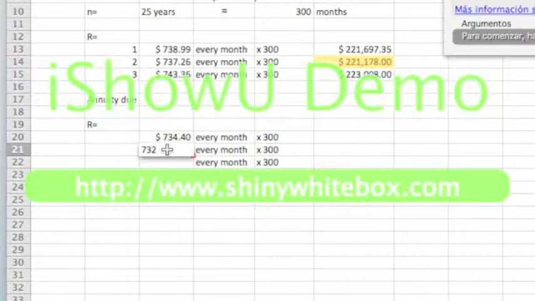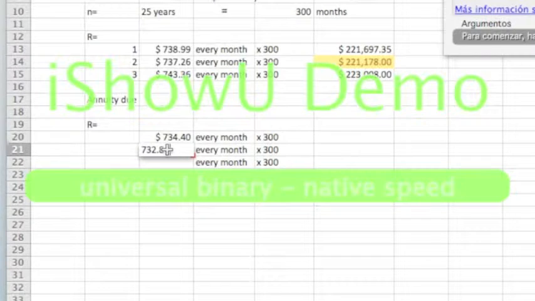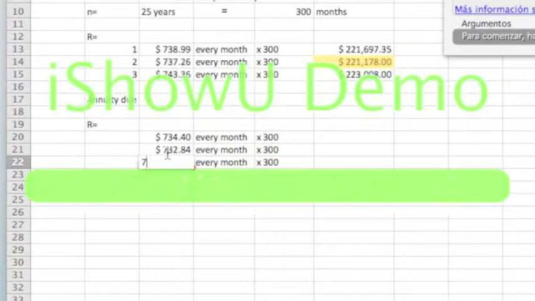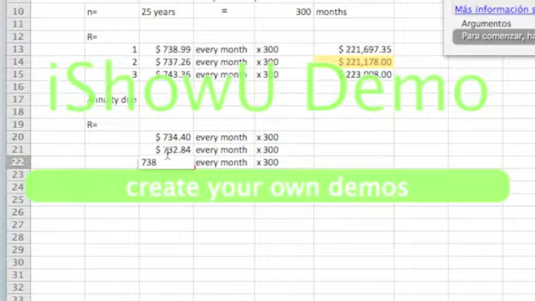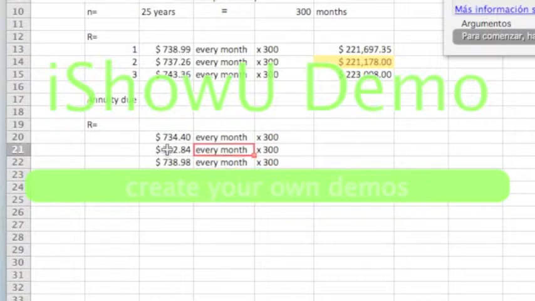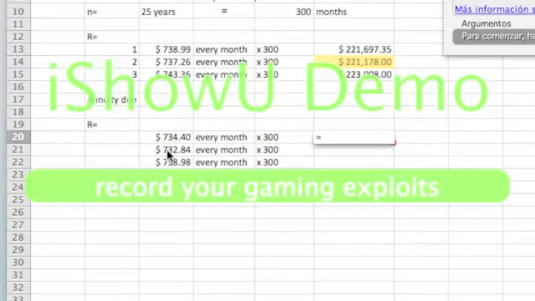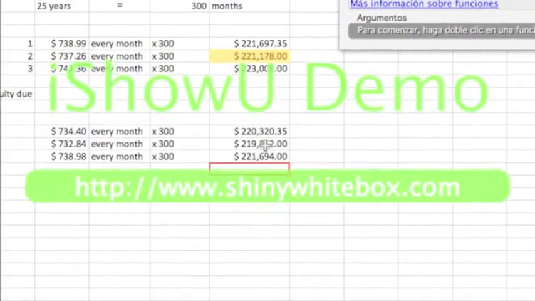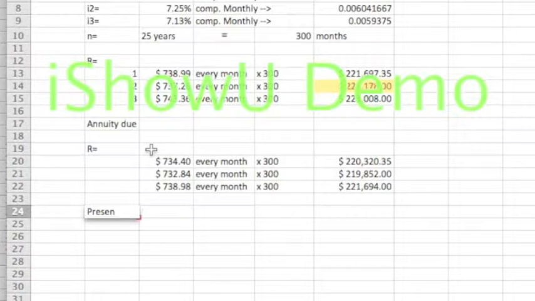That is the lowest total cost. In option 3, we have 738.98 multiplied by 300, equal to 221,692.95. So we get the present value of these amounts, and we notice that they are not the initial